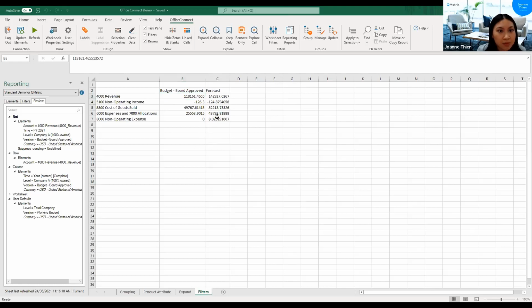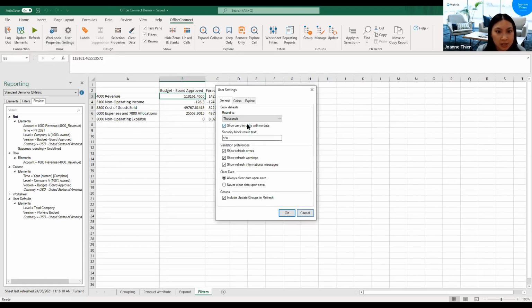Okay, before I move on, there's just one more thing I wanted to say. With workbook properties and user settings, workbook properties do take precedence over user settings too. And it's quite easy to show this. These are user settings, and this book defaults to thousands.